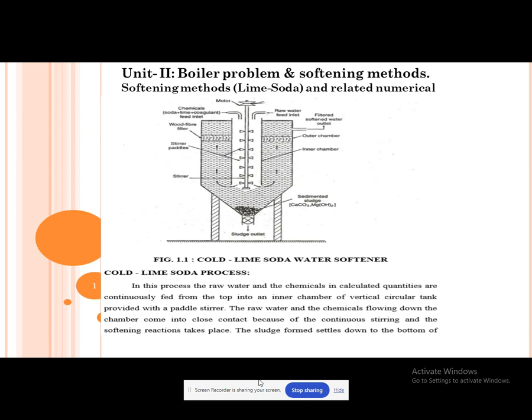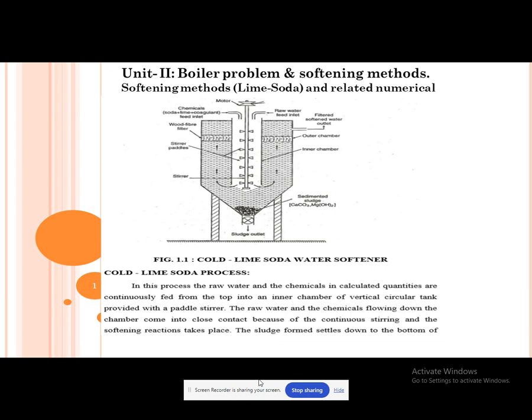Softening methods: there are three softening methods of hardness, that is, removal of hardness using these three methods. First is the lime soda method. The lime soda method is of two types, cold lime soda method and hot lime soda method. So in this diagram, we can see that